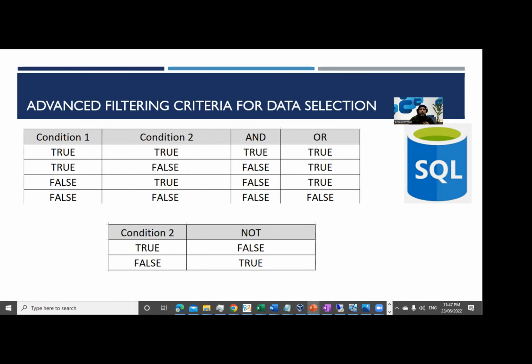So normally in the language we call them operators, and we have multiple types of operators. So these are going to be our logical operators. How they work, once you understand them, is pretty simple. And they are available across all languages. So once you learn them within SQL, you can apply the same concept in Spark, or even in Python, because maybe their syntax is going to be different, but their logic is going to be the same. So we have three major operators that we normally use: and, or,